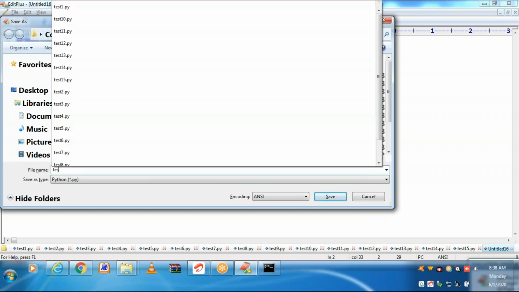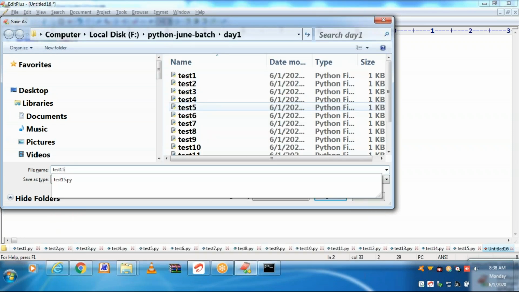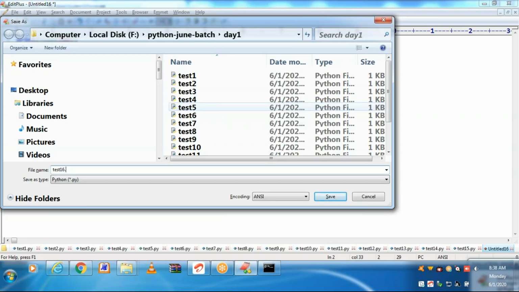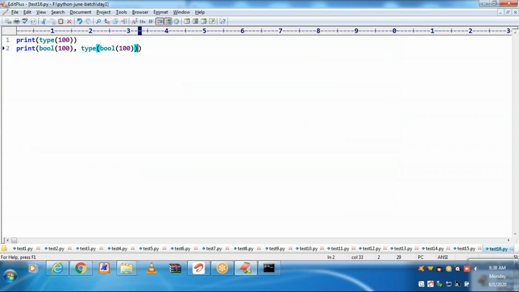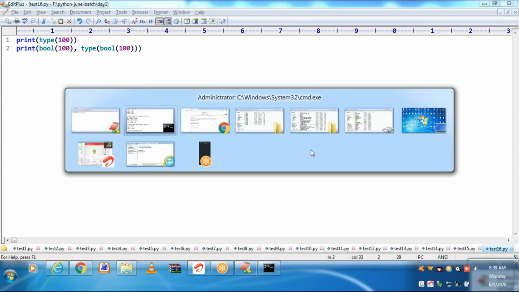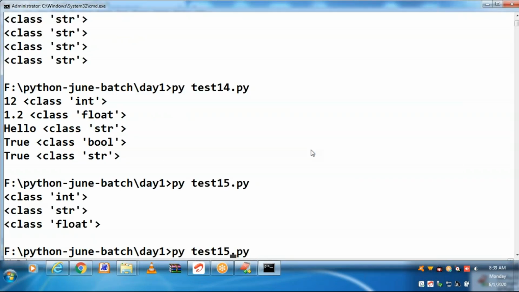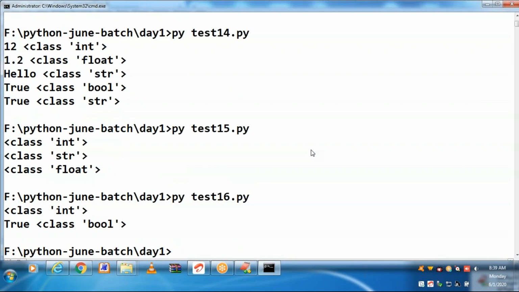Let us see this one, 16.py. Let us run this one.